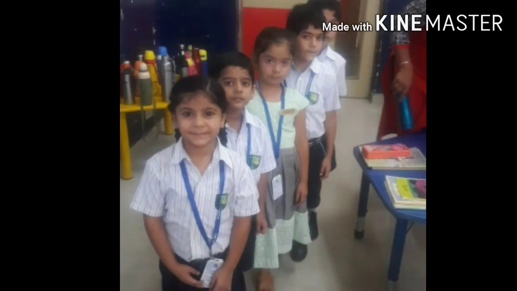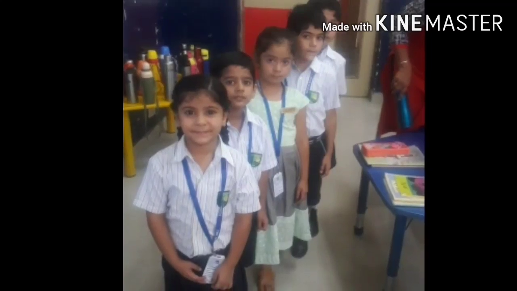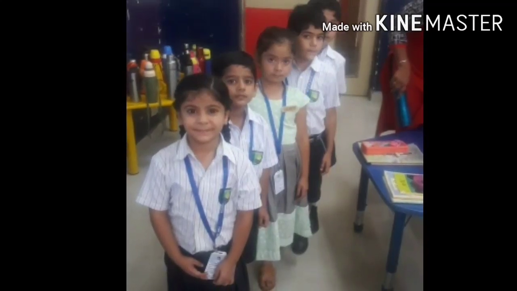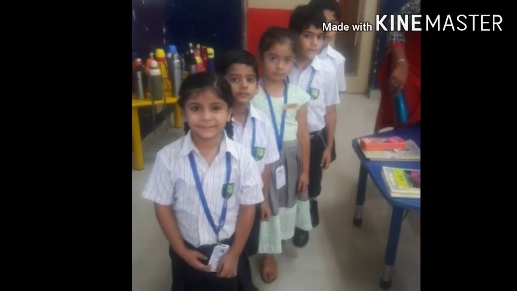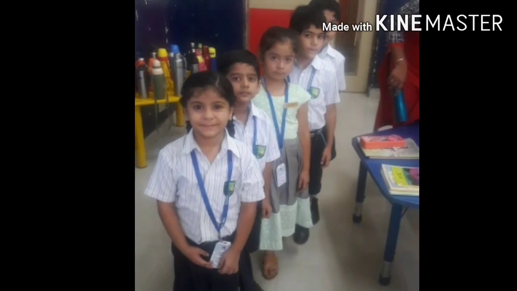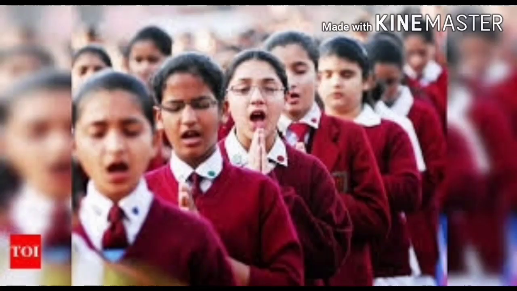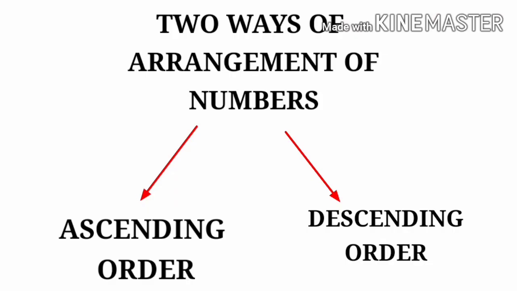Ascending and descending order. For example, when you stand in a line for the morning assembly in your school, you must have observed that you often stand according to your heights. The taller students stand at the back of the line and the shorter ones in the front. This is nothing but standing in the line in increasing order of your heights. On the contrary, if one starts counting back, then you are standing in decreasing order of your heights. Therefore, there are two ways of arranging numbers. One is ascending order and the other is descending order.